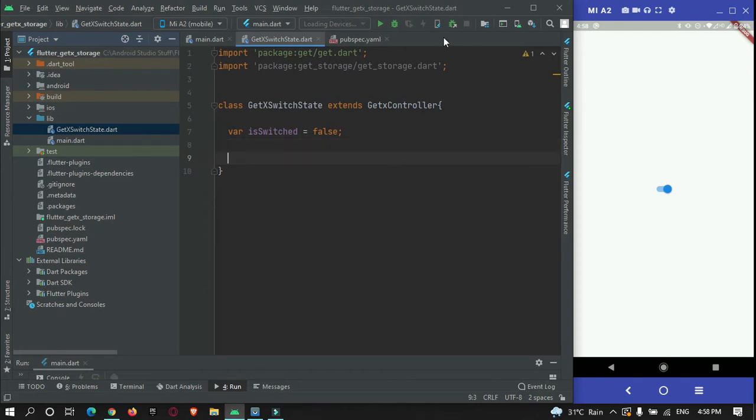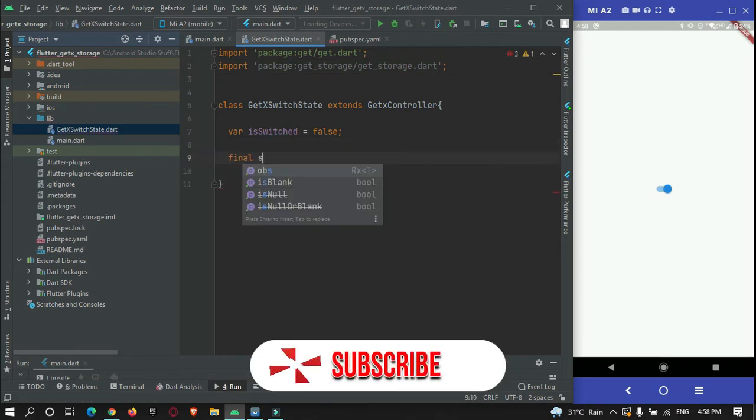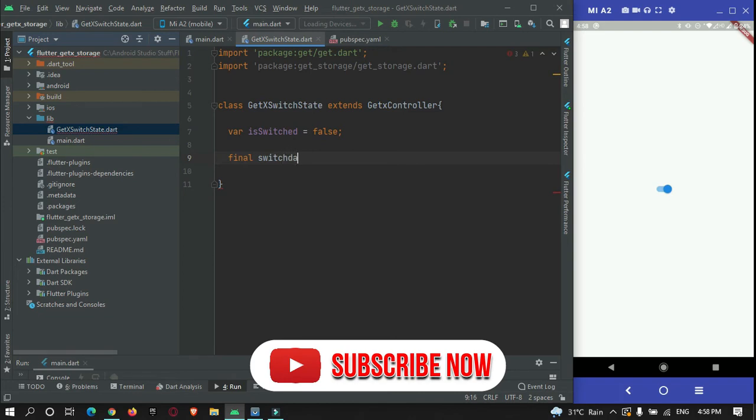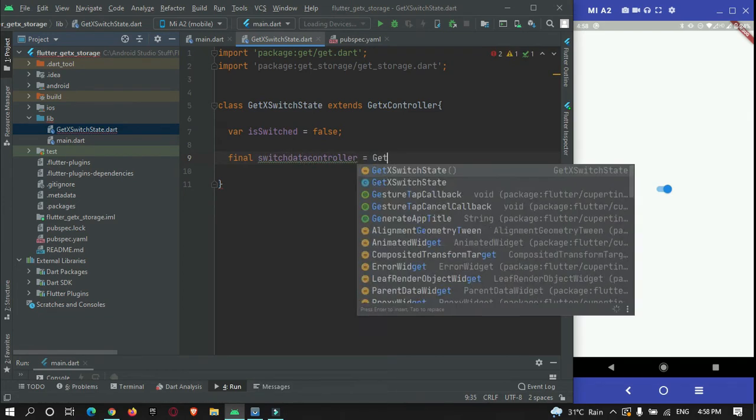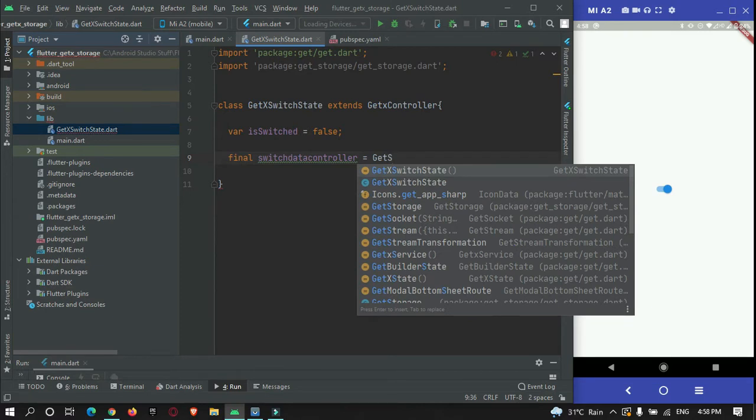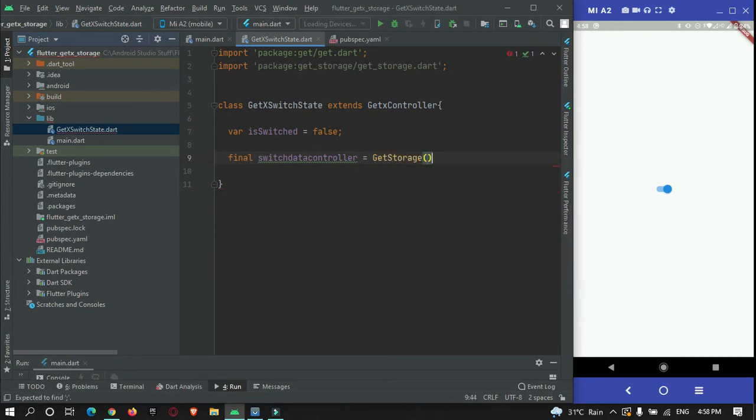Now we need to create an instance of GetX storage. For that we will make use of final switchDataController is equal to GetStorage. This is created so that we can store the data the user performed in this instance.